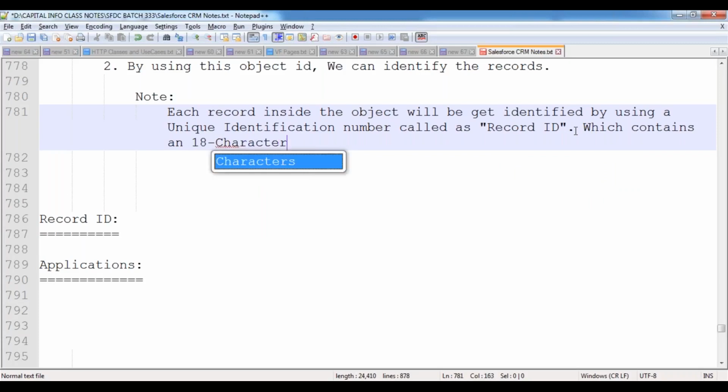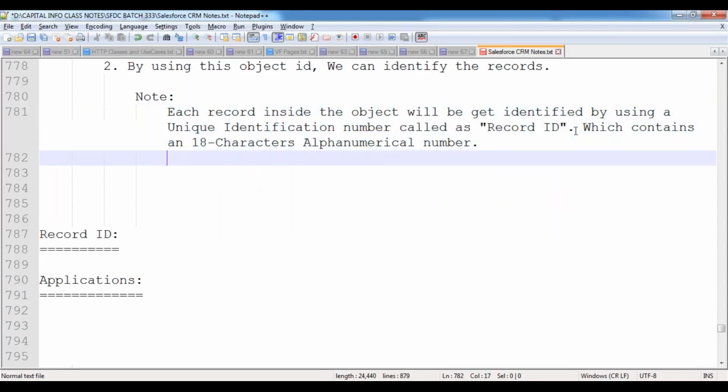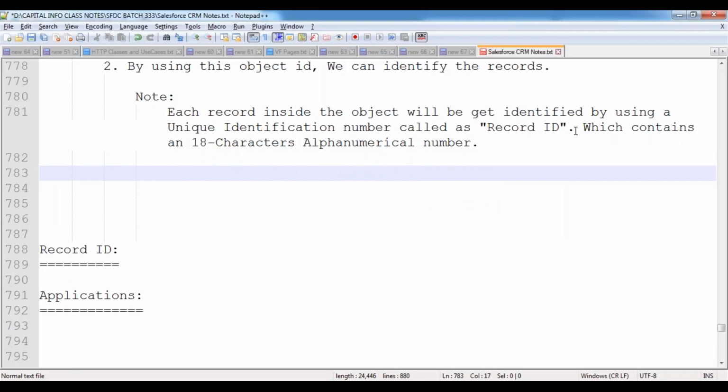That means every record ID contains an 18 characters alphanumerical number. This is the format followed by Salesforce.